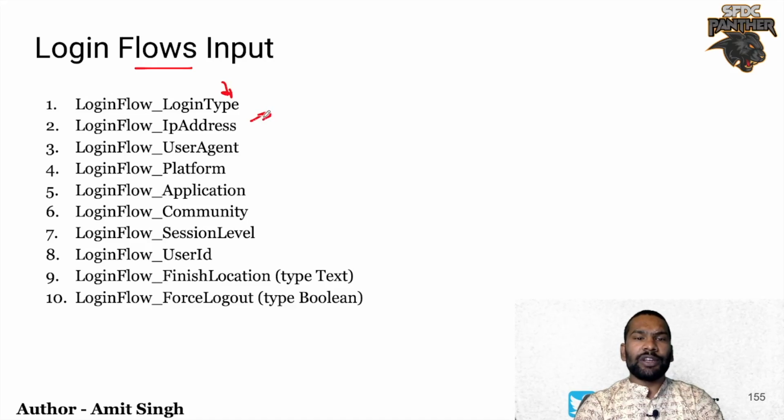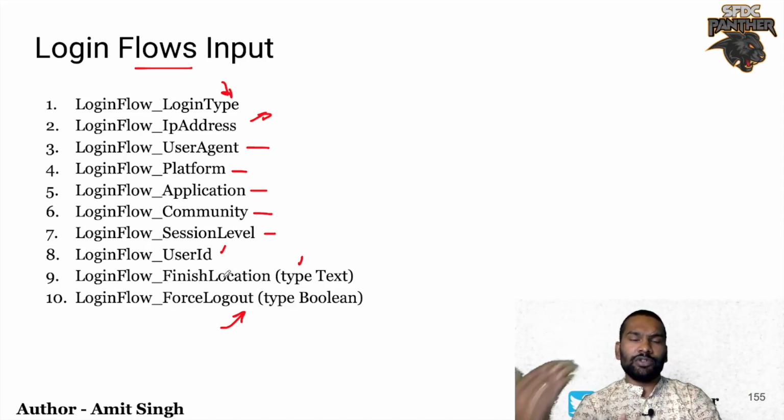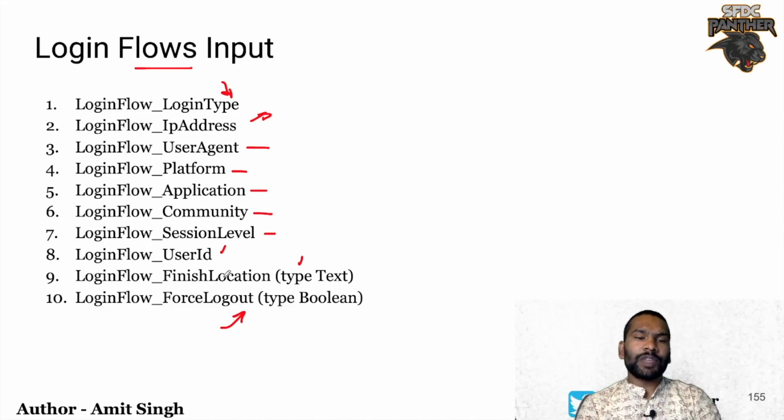IP address from where the user is logging in, what the user agent is, what the platform is, what the application is, whether they are logging in to a community, what the session label is, and what the user ID is. Then finish location is of type text, and force logout is of type boolean. Finish location is something you can provide, the URL you want to navigate the user to, and force logout